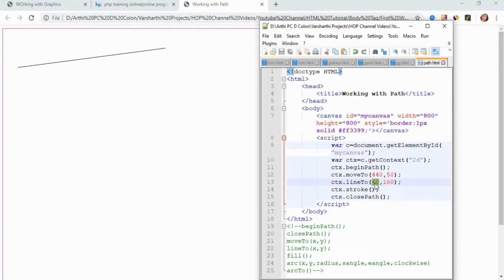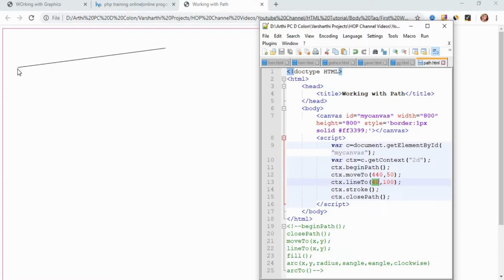Here the line has been drawn along the x-axis, that is, have a look at the horizontal section in this, from the margin of your web page. The first line has been drawn from 40 and goes up to the x-axis value of 440, right?